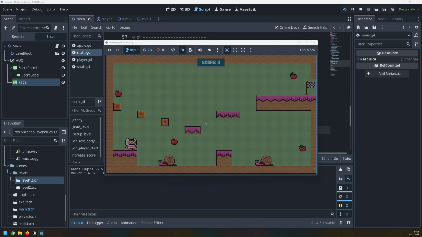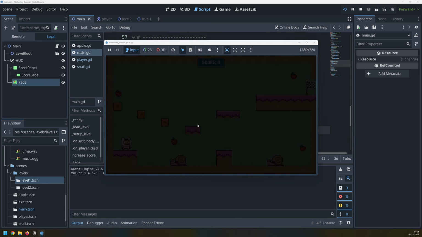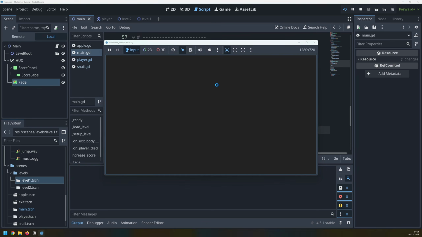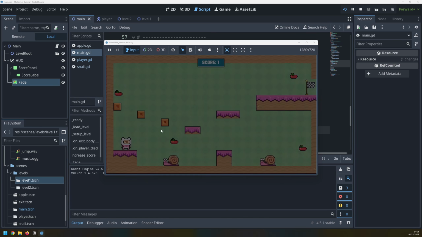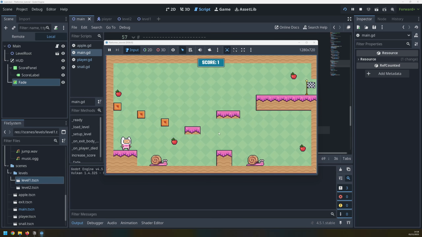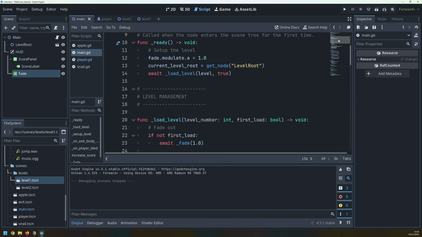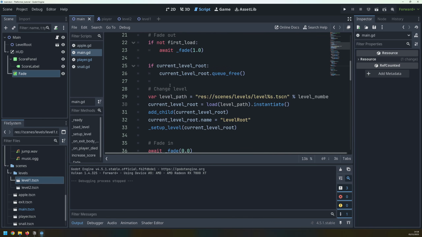Now, if I get killed, everything fades out, we reset and start again. But this doesn't reset the score. So if I pick up an apple, my score goes to 1 and then I get killed, everything resets, but my score is still 1, meaning that I can just keep collecting these apples. And I'm actually just going to do that inside of my load level function because this does pretty much everything